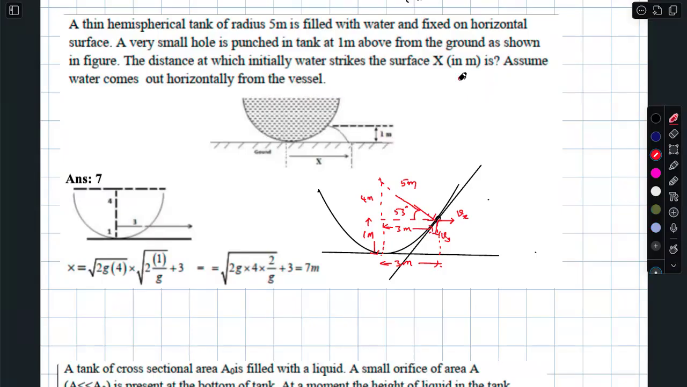So S is equal to UT plus half AT square. What is S? 1 meter downwards. What is U? Vy downwards. GT square. And at this point, it is a 4 meters depth point. Rho G into 4 is half rho V square. So V is clearly